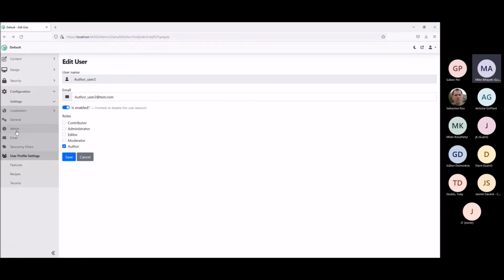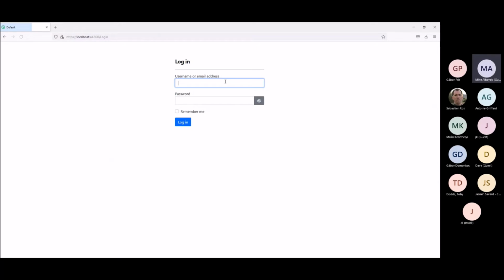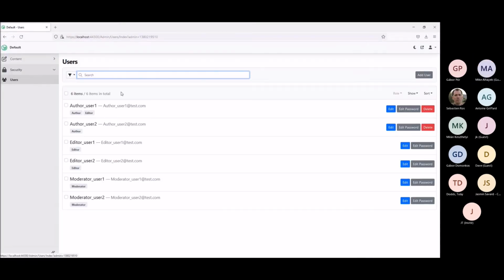As I mentioned, I'm logged in as an admin, and I can see all the users. As you can see here, I can see the admin role right here. So I'm going to log in as a different user, moderator. If I log in and go here, as a moderator, I can see all the users, but I can't see admin, because that's how this role is set up. I don't see anyone within admin in here, because I can't list them. I don't have that permission.